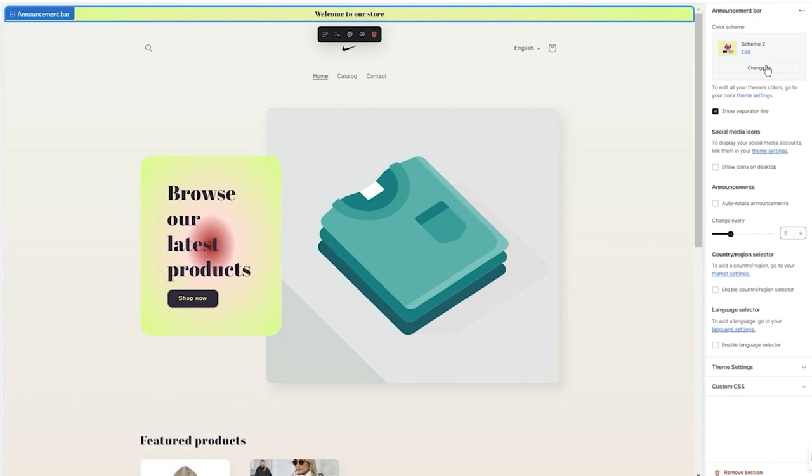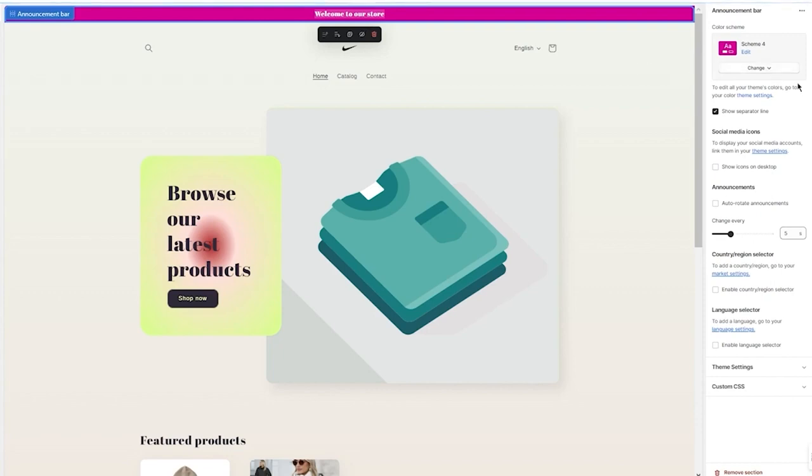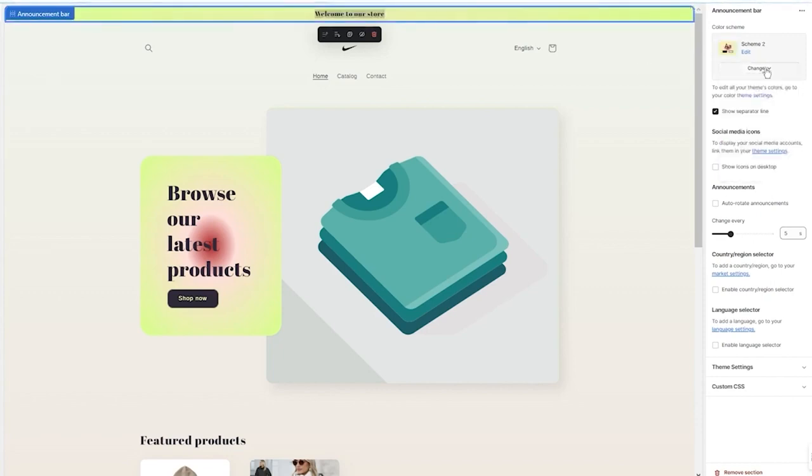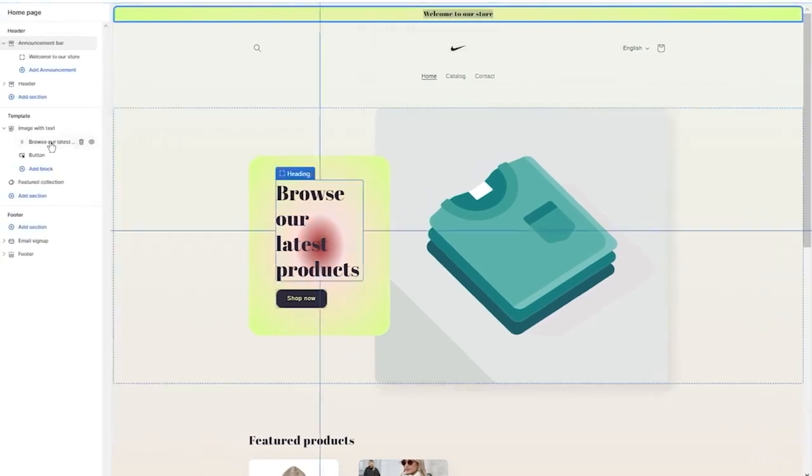So, first of all, there's the color scheme that I can choose. These different color schemes that I created. Let's say I want to choose this, and look at that. It's going to make it purple. I'm going to choose this. It's going to make it green. I'm going to choose this. It's going to make it white. Those are the color schemes that you can change from theme settings to give different color sectioning to different things